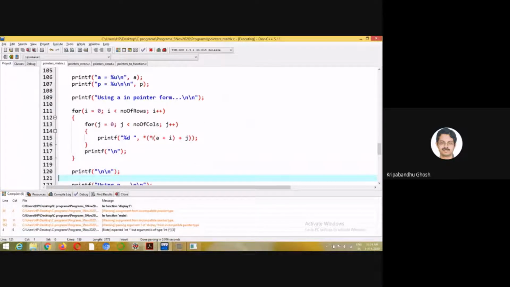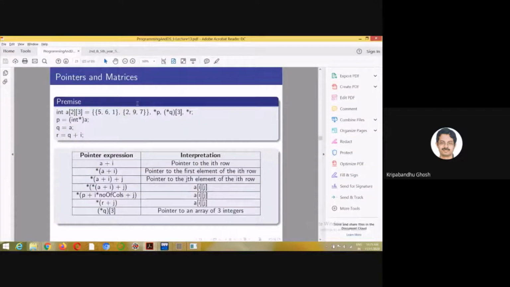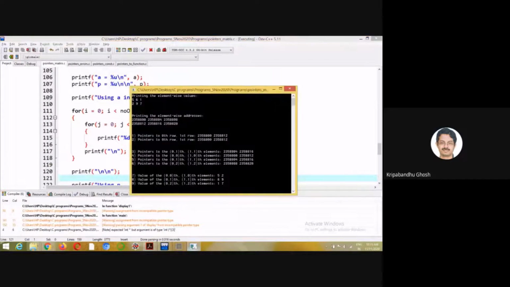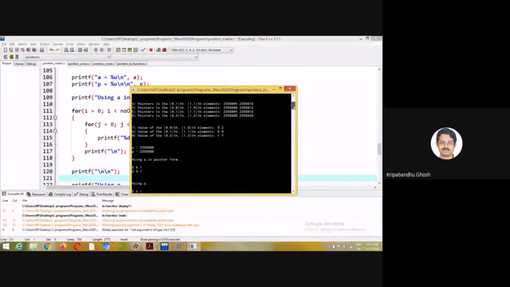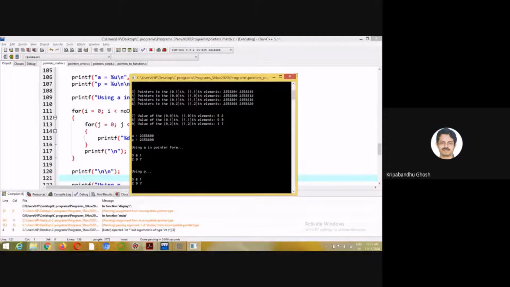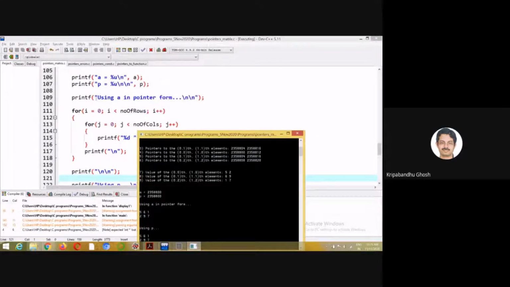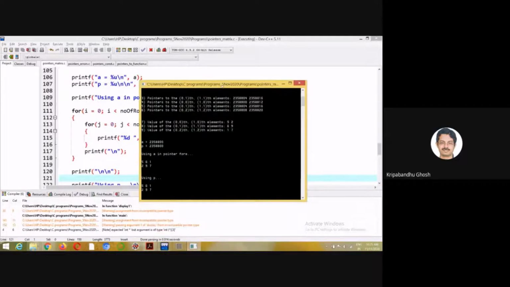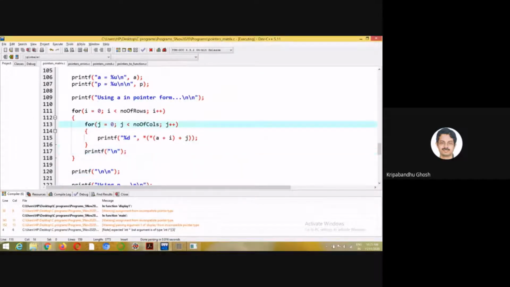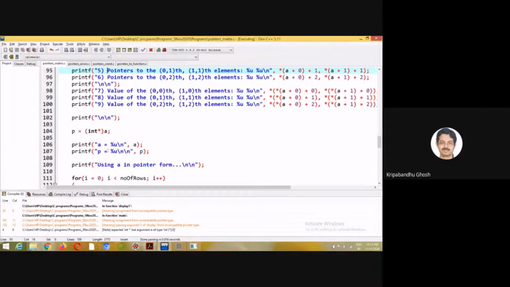Here I am printing A[i][j] using A in pointer form. So this is the part, right? So I am printing 561297. That was our array, right?